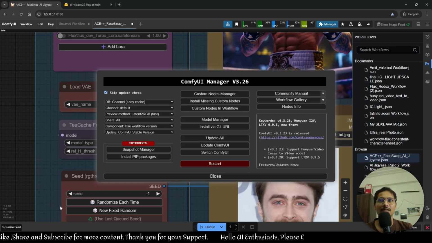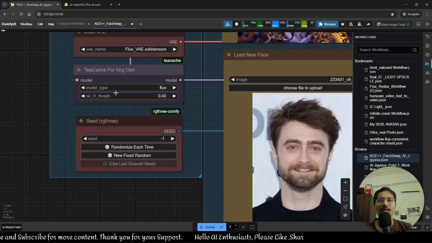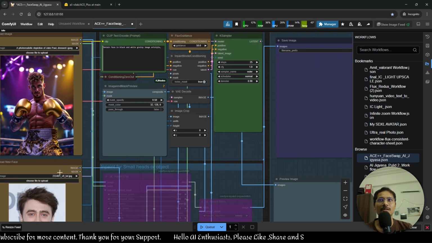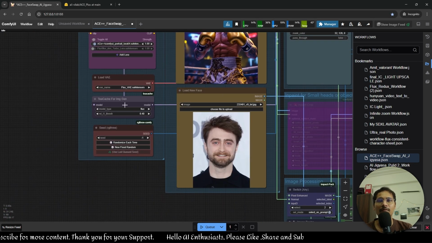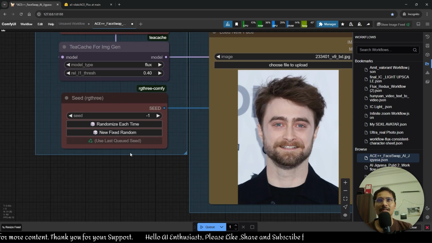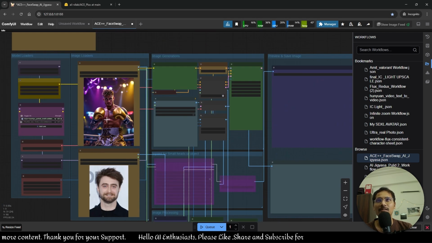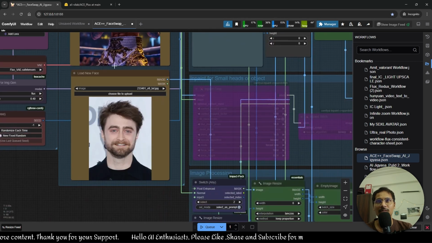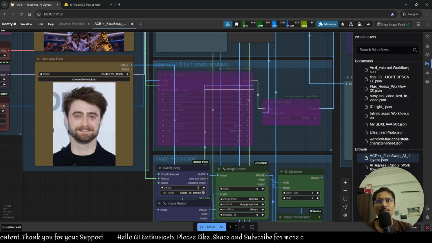You will find it here. Just install it, and that's it. This TeaCache will generate images faster. You don't have to use the 8 steps. You can use it with 25 steps, and it will take the same amount of time as the Turbo LORA, maybe faster. Seed. These are the image loaders. So the first image here is the face you want on the image. This is the face,